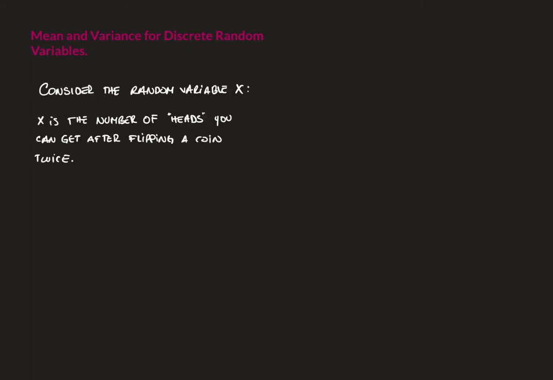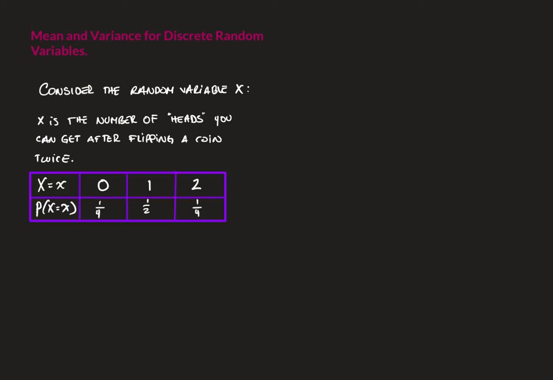In the second part of this lesson, we are going to talk about the variance and the standard deviation for a discrete random variable. We're going to start by thinking about the random variable that I asked you to think about at the end of the previous video. So the random variable was x, such that x represents the number of heads that you can get after flipping a coin twice. In creating the probability distribution for this variable, you should have found that the probability distribution was